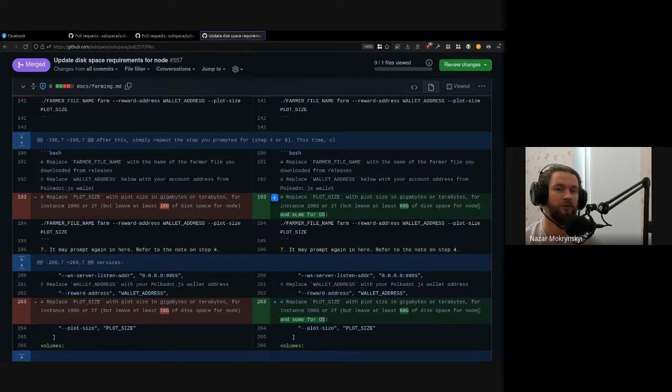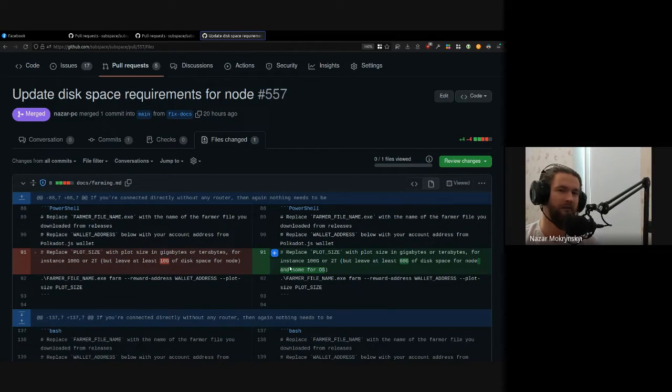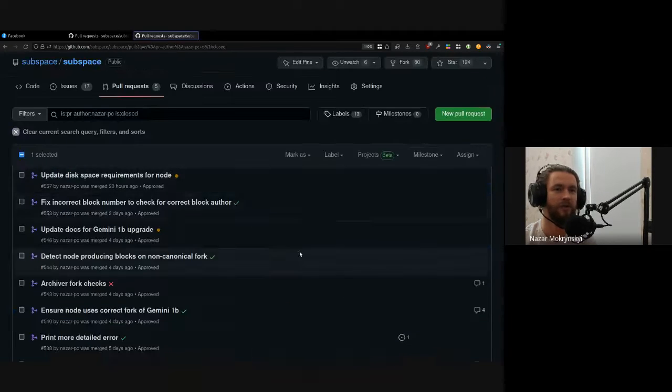They also mentioned that you need to leave some to the OS because it seems like people are renting servers of 200 gigabytes and they specify 180 for the farmer. And then there is 50 more for the node. And then something is already occupied by the operating system. And it's rare that you actually have 200 gigabytes available. It's more like 180. So it crashes for multiple reasons without the disk space. And having a safe margin is never a bad idea. So that was unfortunate for several users that discovered this problem, primarily with smaller plots. If you have a big plot, that 8% we are reserving for the farmer can probably cover some of that. But if you have 200 gigabytes or 100 gigabytes or 120, something standard like that, it was actually a problem. And there is another pull request, which is not...